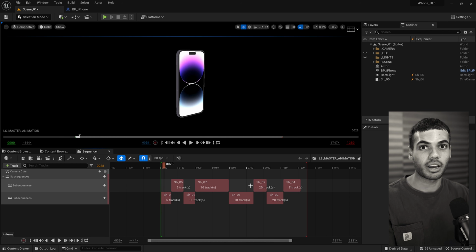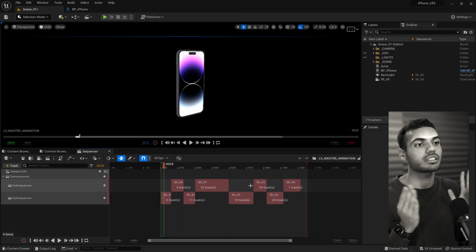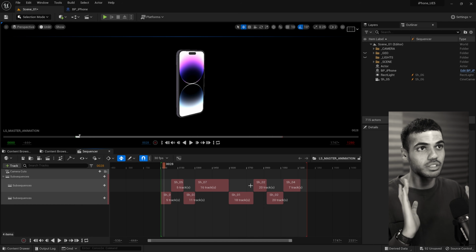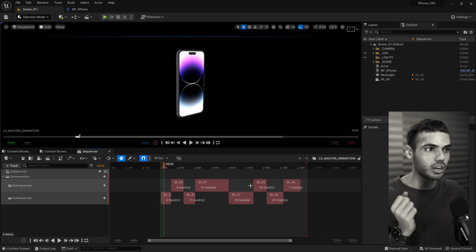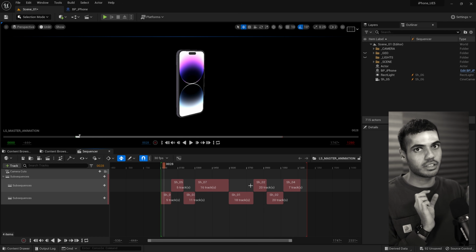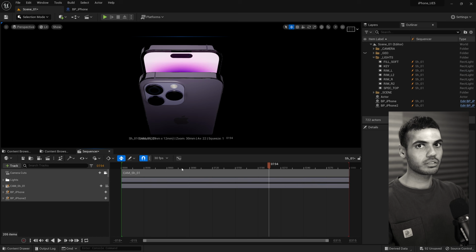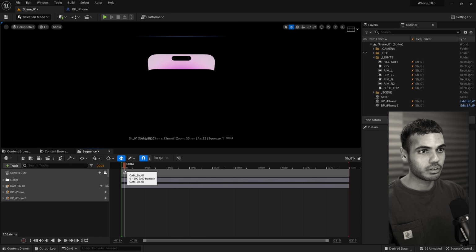So this is a really great advantage. This is a really big advantage of the sequencer in Unreal. You can start storyboarding and actually cutting your tracks to length within sequencer itself, so you don't have to worry about rendering unused frames. And you can even drag audio clips into this and sync it up nicely, so that way you minimize post-production work. So let me kind of explain what's going on here.